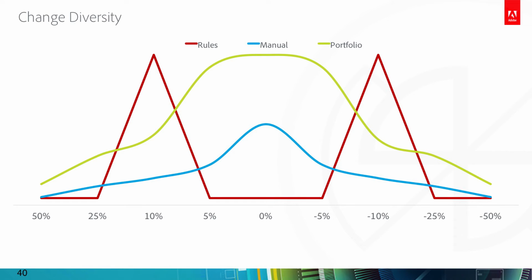What we're visualizing here is that when I was making changes manually, the changes I would make, whether it was turning it off or turning it on or increasing it or decreasing it, were often just kind of instinctive flinch values. And even though they're distributed okay, they weren't always what the campaign really needed. And then with rules, its main limitation is that you're going to have to write the logic. And to really have this distributed well, you're going to probably have to write 30, 40 different lines of logic, which can be really intimidating.